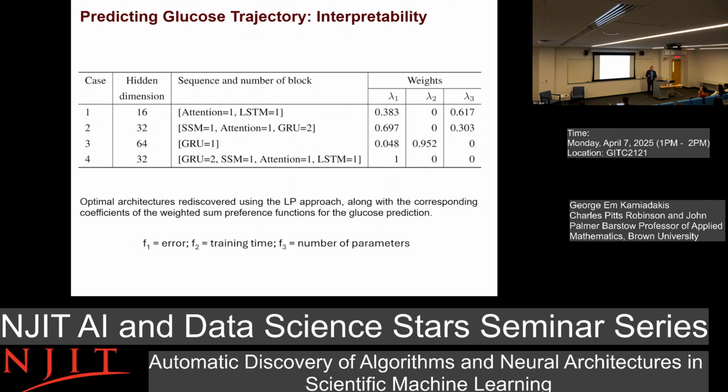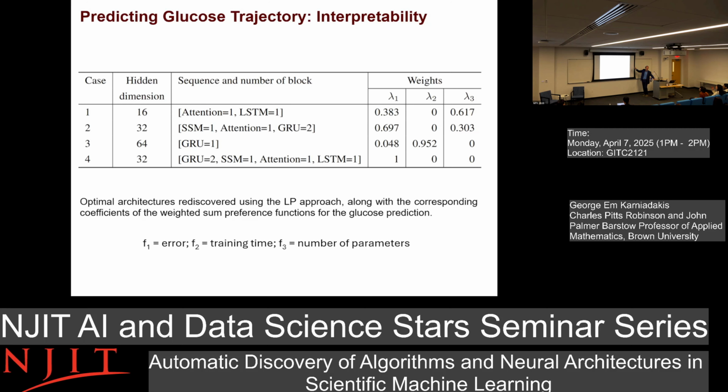Now, here's another question. If you give me an architecture, you put together, let's say the Jamba, right? 1 Mamba and 1 transformer. Then you can ask me, what is this good for? This architecture will be best for what? It's a good question, right? It's sort of the inverse. Because before we defined the preference function, and we said what's the best architecture. Now you give me the architecture, and I have to tell you, is that good for anything? So the question is, can you find these weights in your preference function?